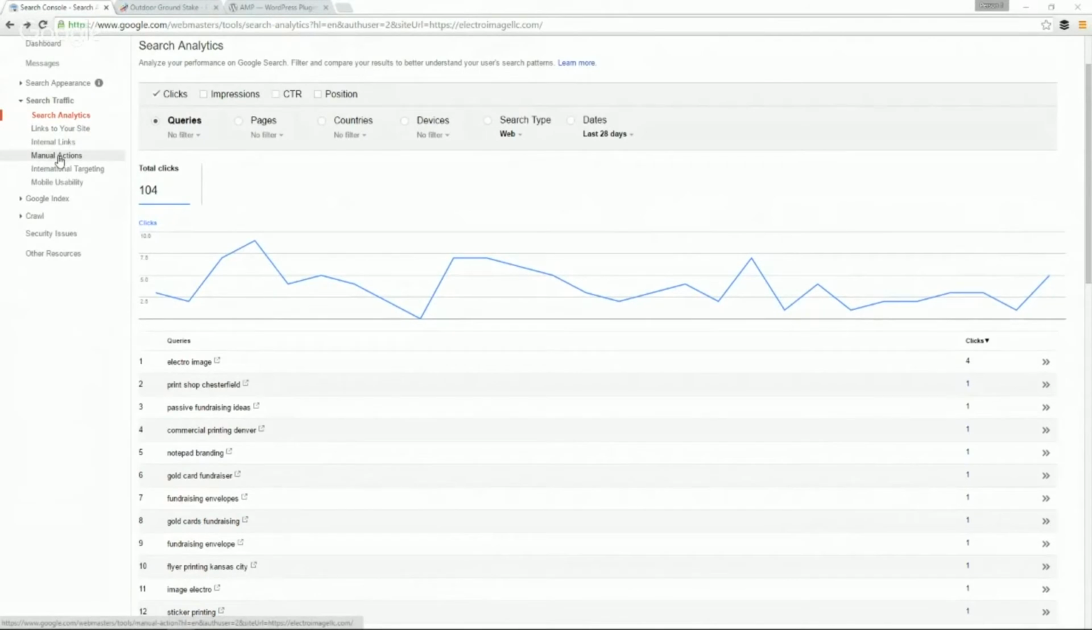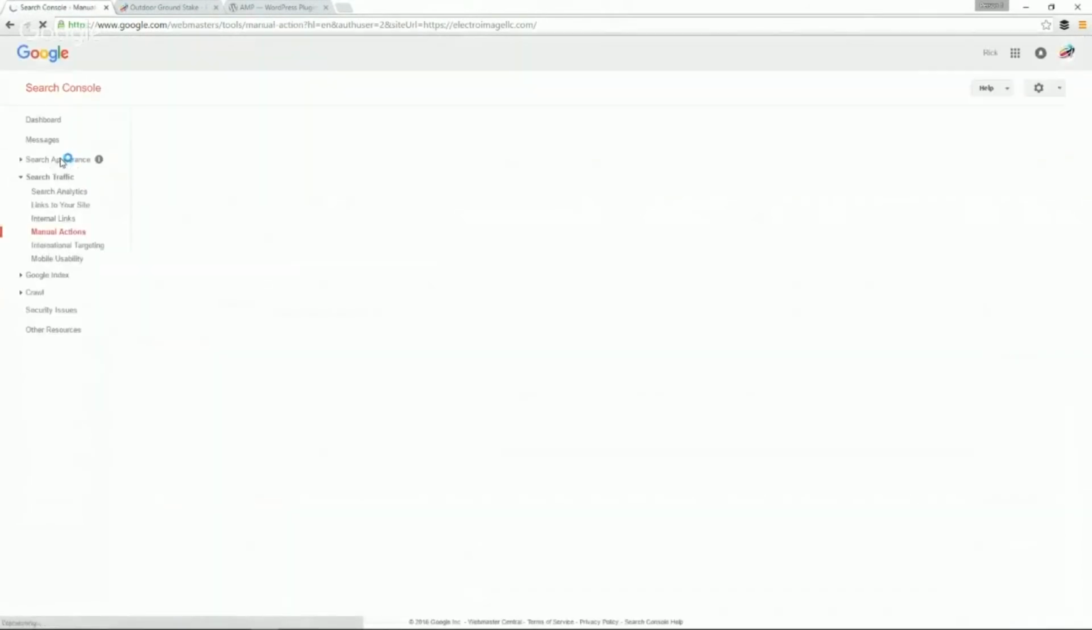Next, over on the left, we're going to look at manual actions. Now, hopefully for everybody watching this video, this is completely blank. No manual web spam actions found. If it's not blank, then you've probably got some serious issues with your website. It has been compromised. There are a bunch of bad links pointing back to it. Something is not correct. But these are manual actions, meaning that Google actually stepped in and manually penalized your website